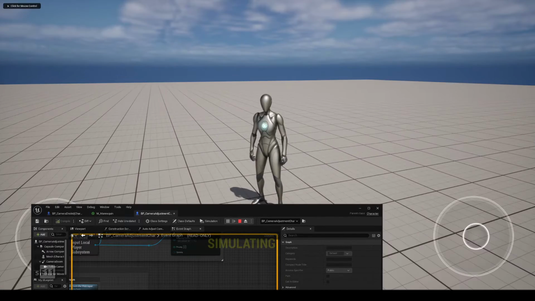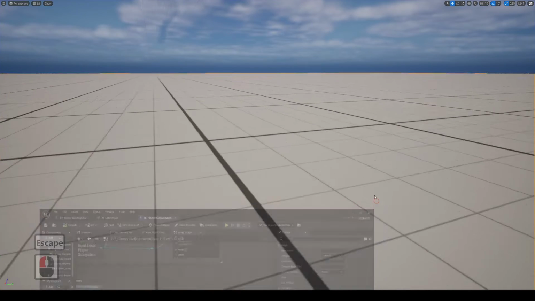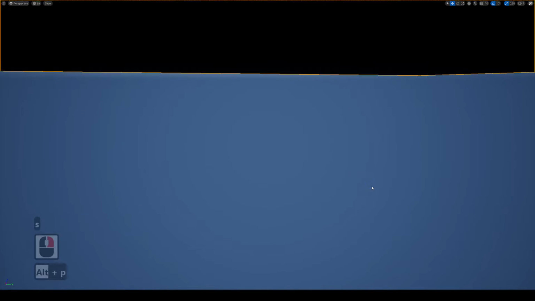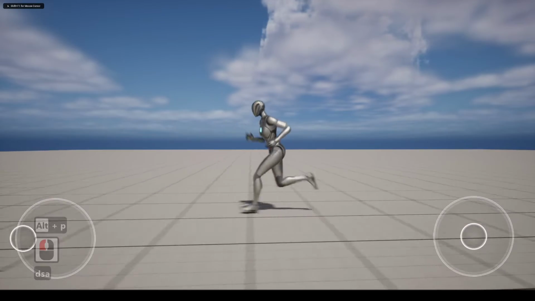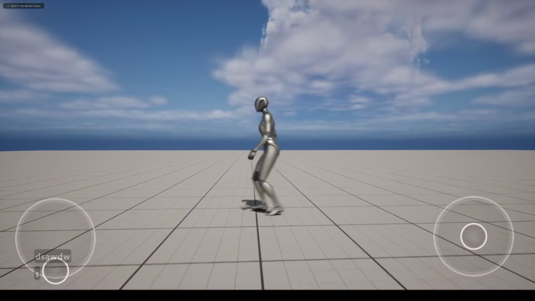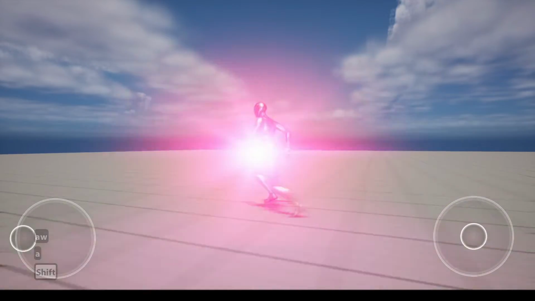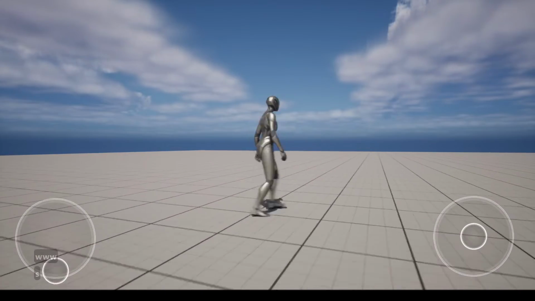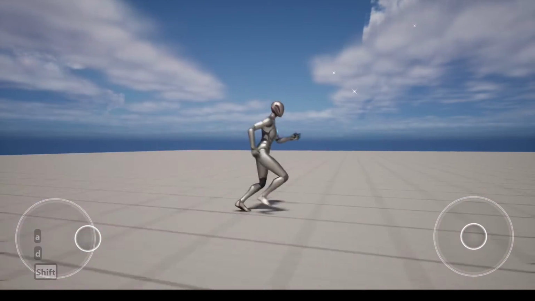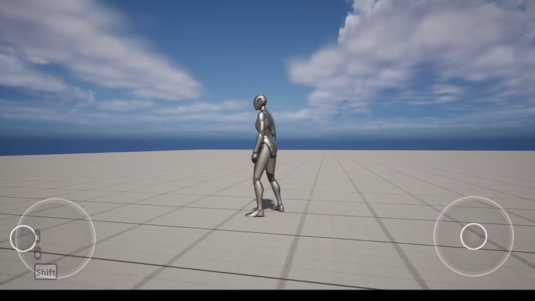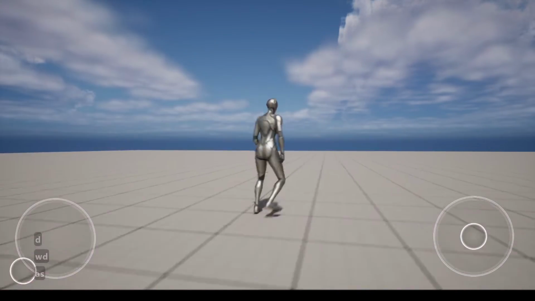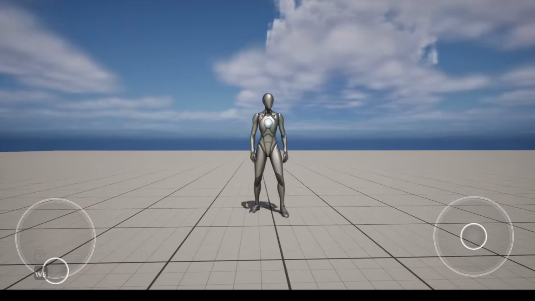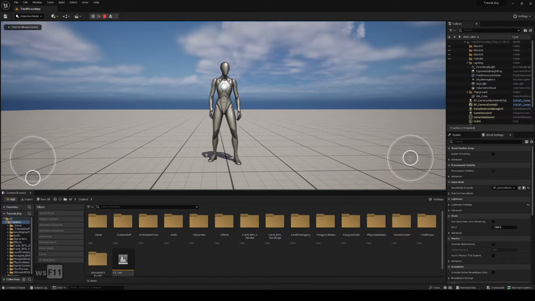So let me just turn this off. So here, I have a dash. So what we want to do is when the character is dashing, we can see that the camera is perfectly following it in a set distance. But to add a bit more,